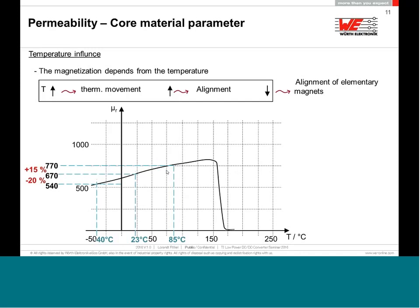Additional point, if you have a very, very hot environment, if you are working in an ambient where you can even reach higher temperatures like 125 degrees Celsius, there are some components which are qualified to 155 or 160 degrees Celsius. But be aware that sometimes some ferrite cores, even if they are qualified and withstand a storage temperature of 160 degrees,